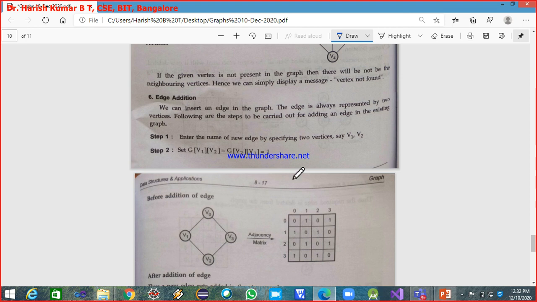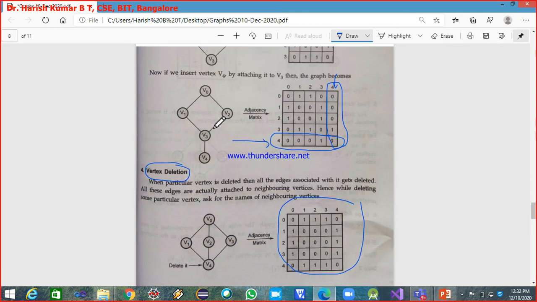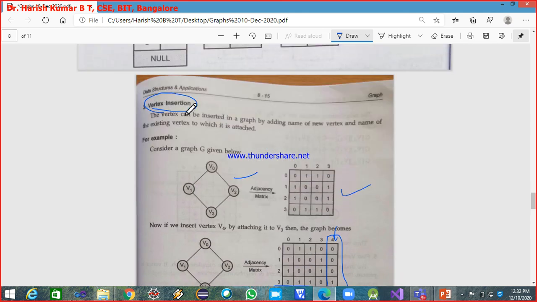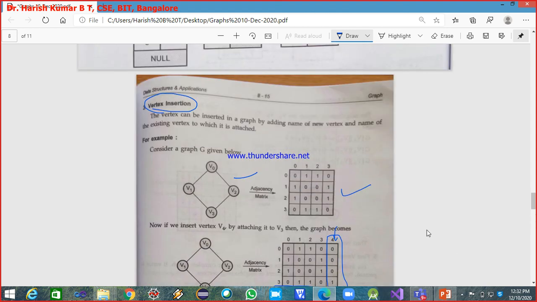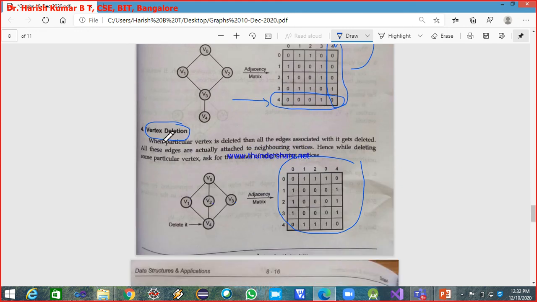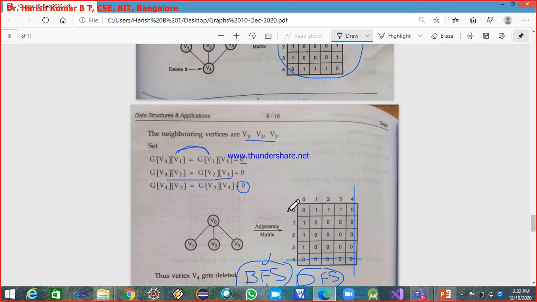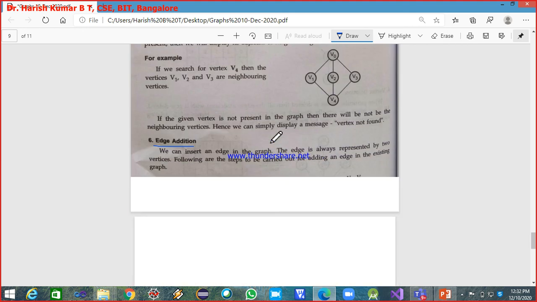And now edge addition. Till now you understood how to insert a vertex, how the adjacency matrix changes when you insert a vertex, how the adjacency matrix gets updated when you delete a vertex, and how to find a vertex, using either of the two graph traversal techniques.